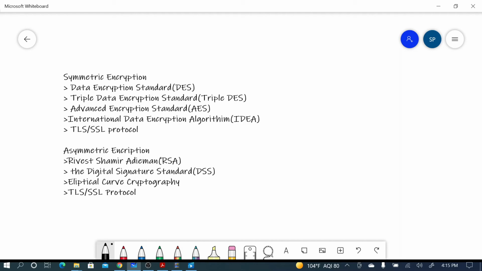So the benefit of symmetric encryption is that it is fast, because the maximum length of the symmetric encryption key is 256, and because the key length is small, the encryption and decryption processes are faster. Asymmetric encryption uses the public key and private key model, which is called PKI, public key infrastructure, and because of that, the longer the key length, that is 2048, the more secure it is. So because of that, the encryption and decryption processes take more time than symmetric encryption.